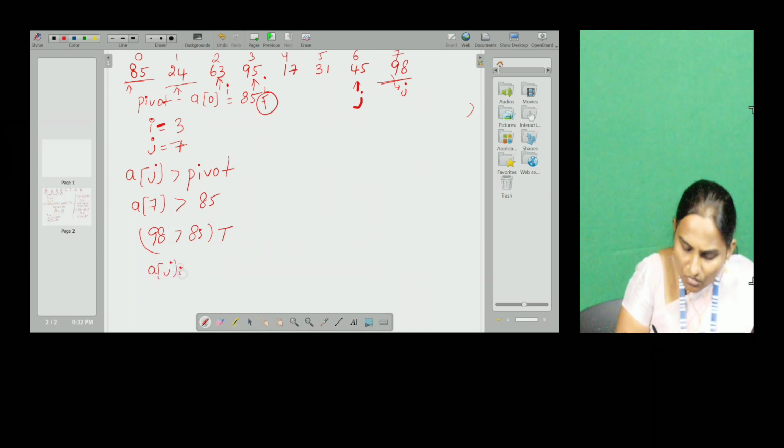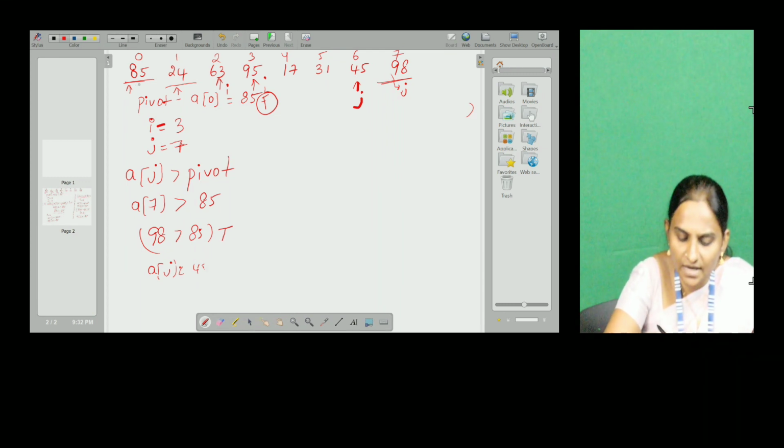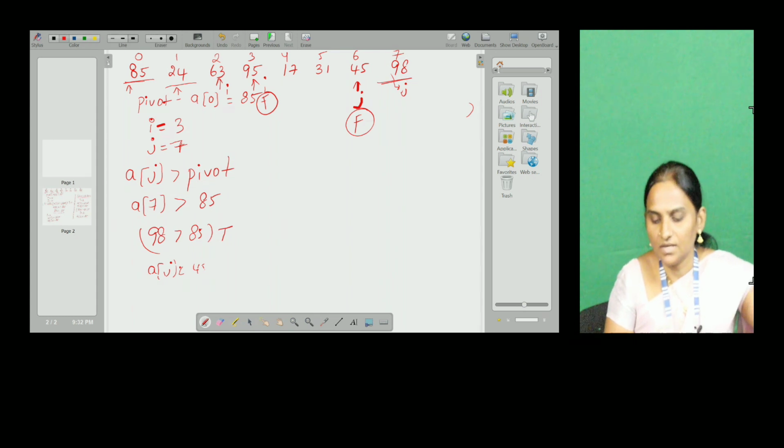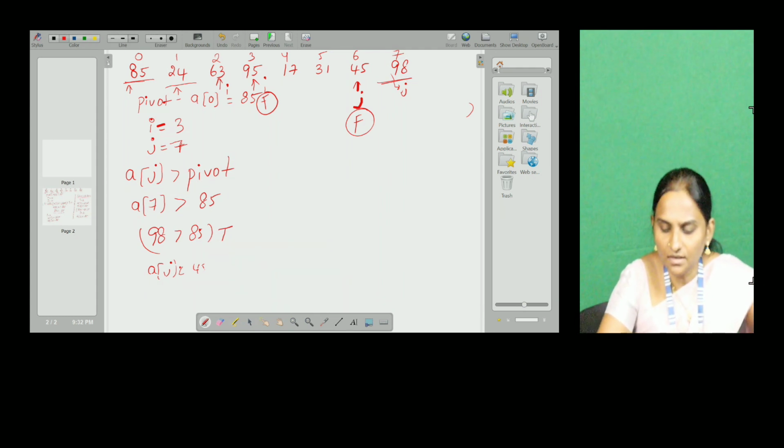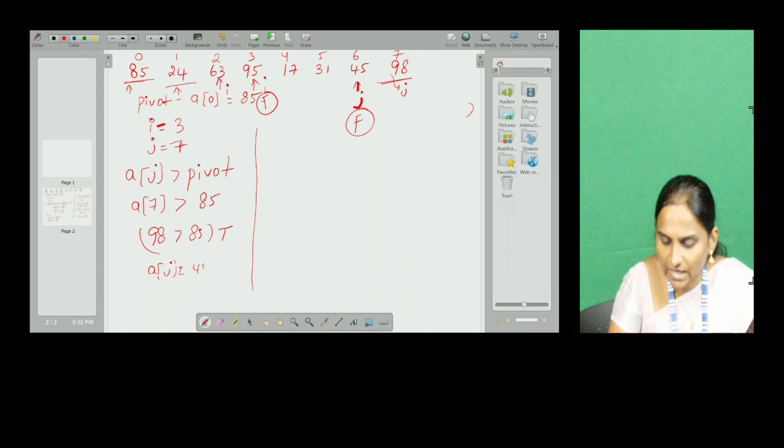What is A of j now? 45. Pivot is 85 only. So is 45 greater than 85? No, false. So j will fail here. After two conditions fail,